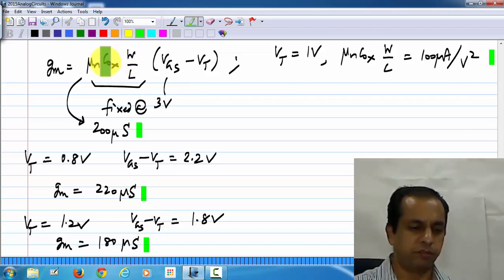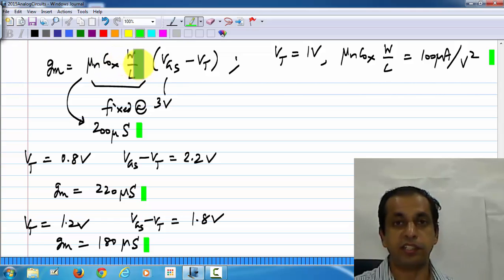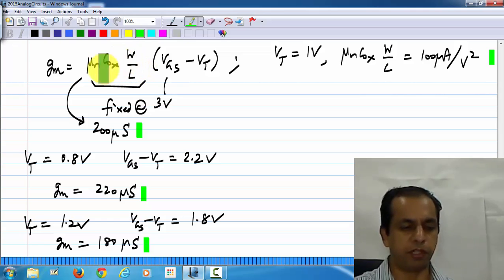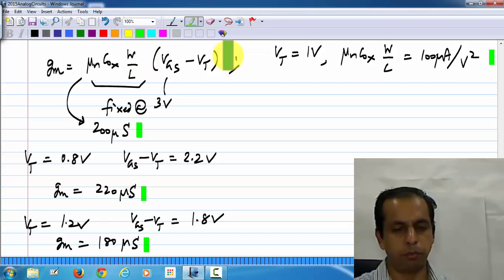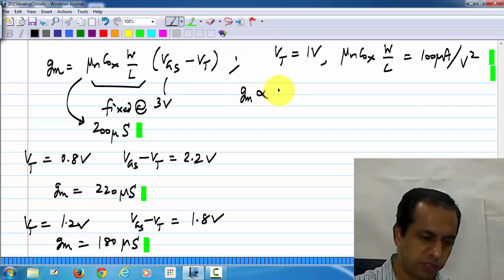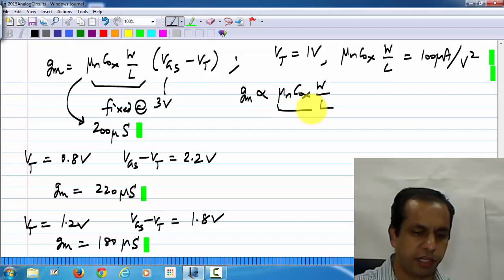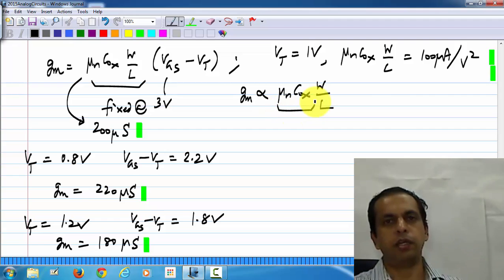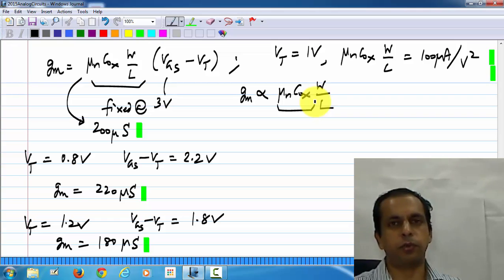So if mu n Cox varies by, let's say, plus 10%, if it is higher by 10%, then GM will also be higher by 10%. And similarly, if this value is lower by 10%, the GM will also be lower by 10% and so on. So basically, GM is proportional to mu n Cox W by L, and any variations in mu n Cox,